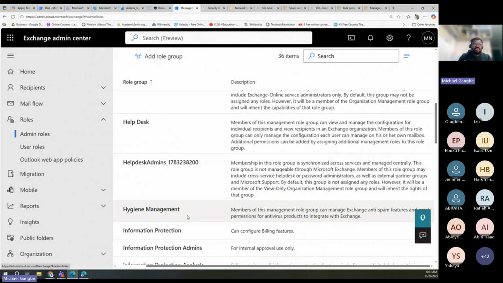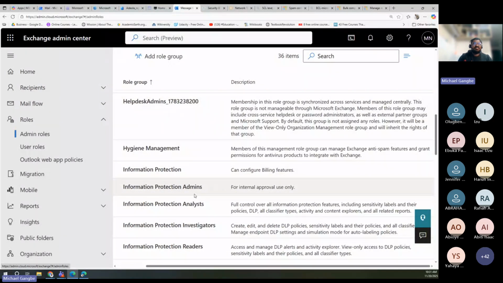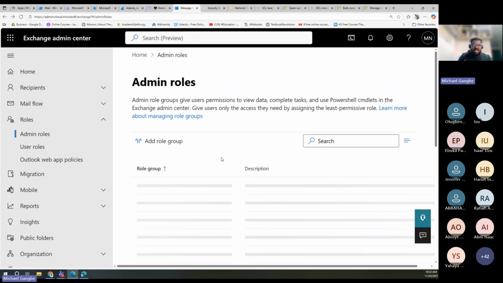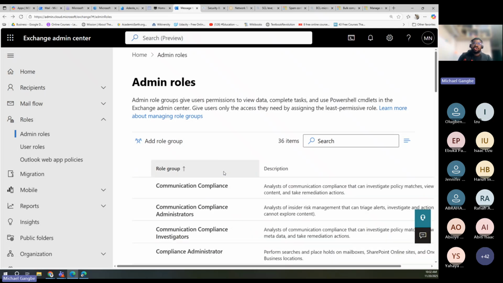So we have different roles, and in fact, these roles can be assigned group based. You can add a role group, and then, for instance, if you want people to manage certain groups, you can create a group for that and give them the kind of rights they need to have access to. So please, as the M365 administrator that you want to become, as a career path you want to pursue, you don't just give roles. You give roles based on pay grade. Let me use that language,